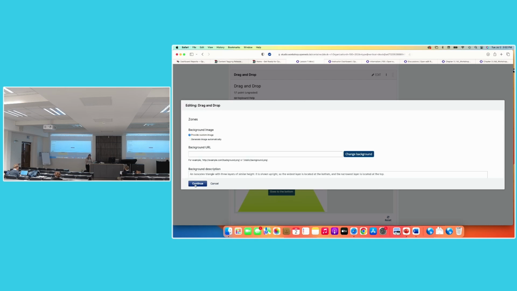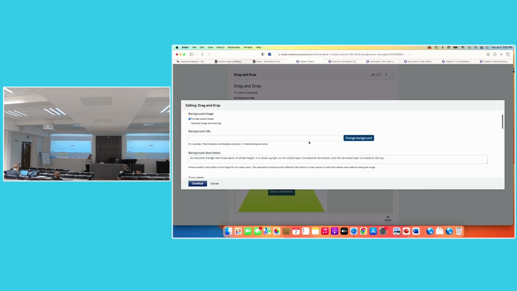This takes you to the second screen, which is the zones. And the zones, think of as the background image. That's where you're going to be dragging the items to. So this is where you define what that zone is. So typically,